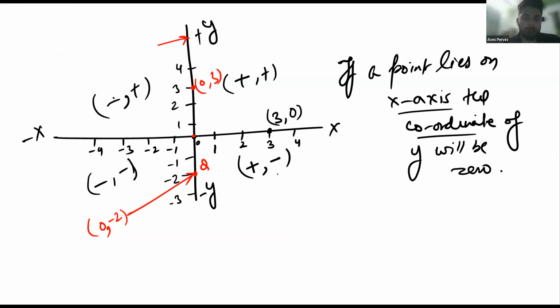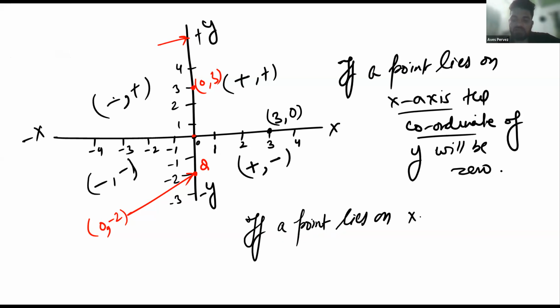If a point... Sir, I didn't get it. I'm going to explain it one more time. First, note it down. If a point lies on the y-axis,